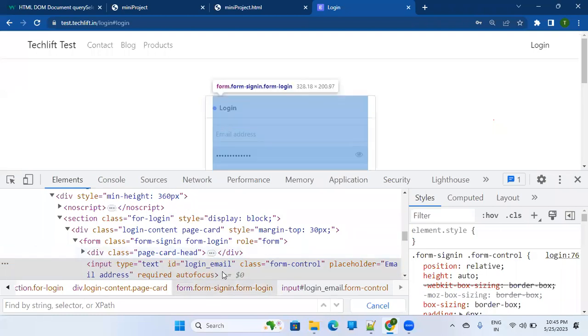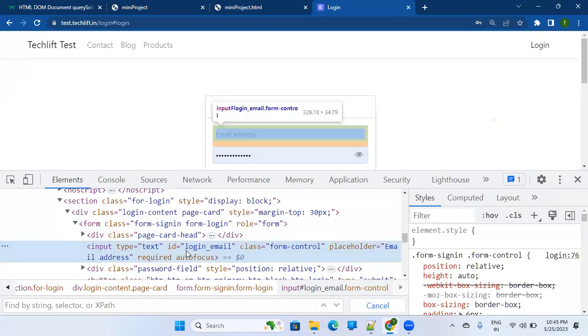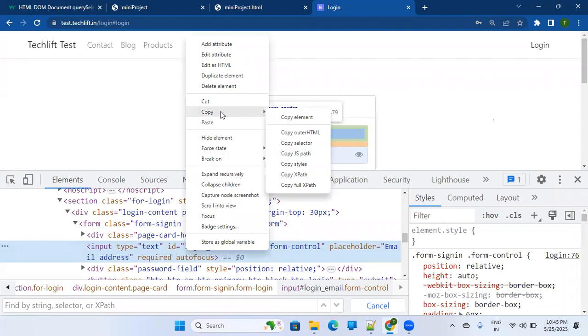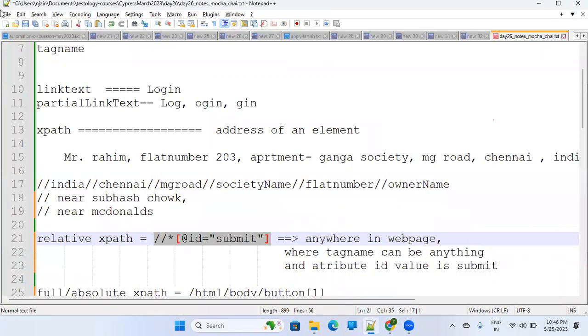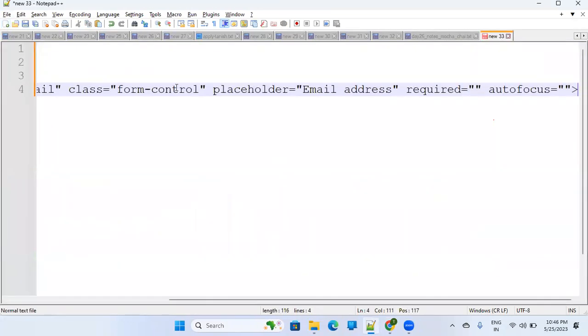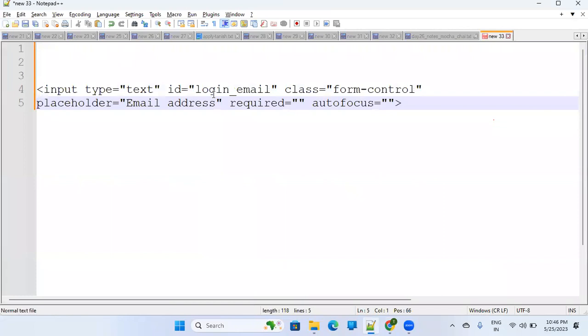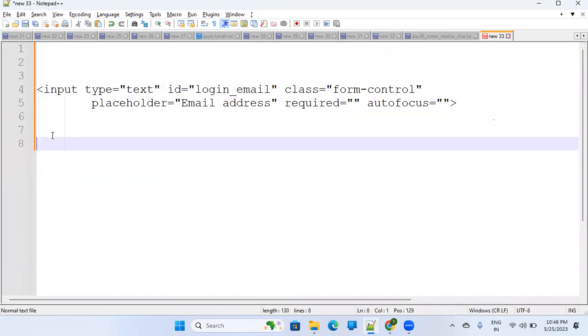So let's write the XPath for this. I will simply copy the element and put it into the notepad so that you will understand what I'm saying. Okay. So this is the element. It's saying that input type is equal to text, ID is equal to login email, class is equal to something. So if I want to write the XPath for this,